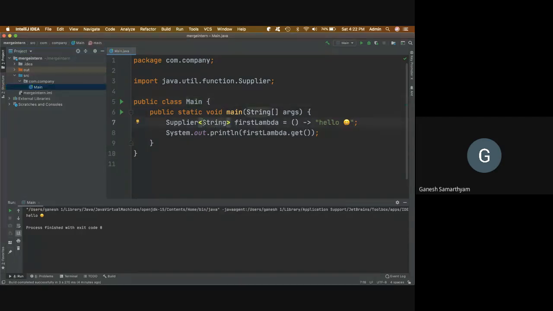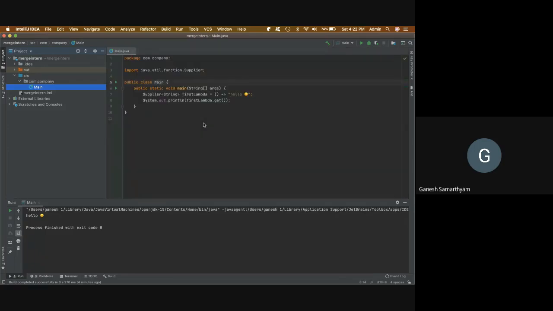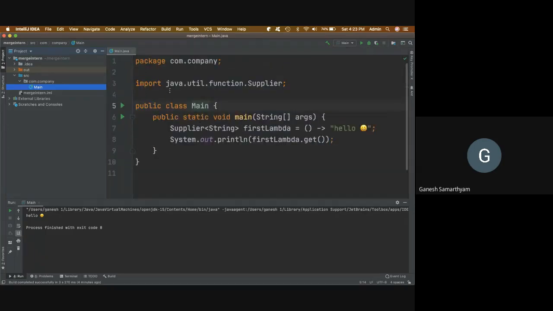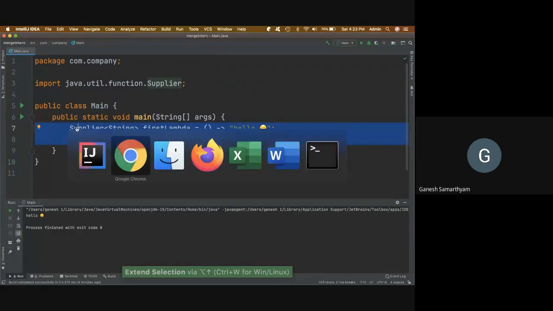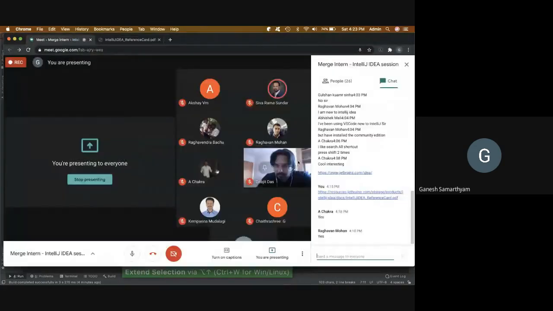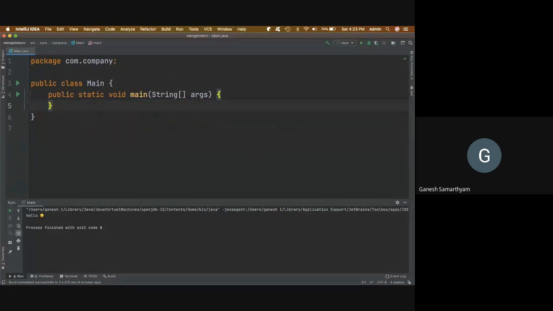All right, let's come back here and close this. How do you close this window, right? Command W and I'll be able to close the window. And if I open it again, I can do like this. And I can increase the size here, right? Now let's get rid of this code and start with first things first, and try out very essential things, right? So what are those essential things?